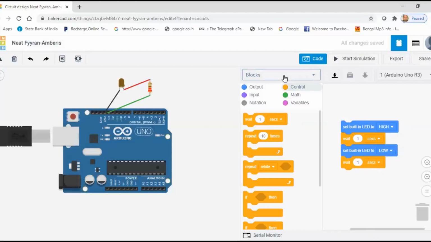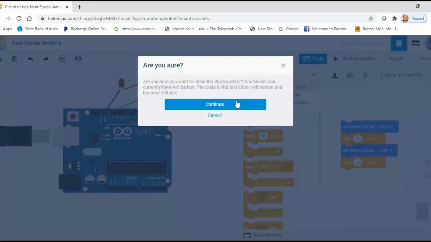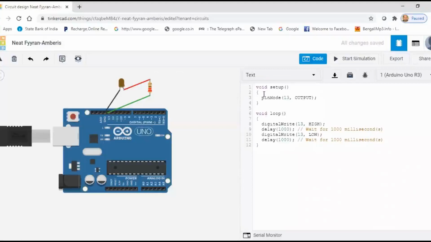Now if we want to see the actual text coding, we just select text and then continue. See, this is the actual coding behind the graphical coding. Pin mode 13: pin 13 is set as output. Then this is the main looping part.